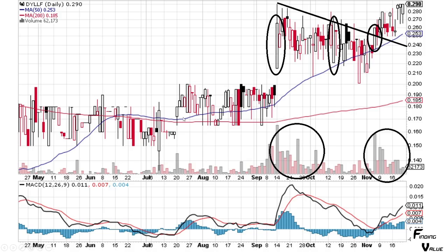We have a 50-day, this blue 50-day moving average. What this average is, it's just an average of the past 50 days, and this is the 200-day, which is an average of the past 200 days. It's a form of momentum. When this crosses to the upside like this, it means that we're about to go higher. It's very good. And that's what I look for in a lot of these chart patterns is 50-day above the